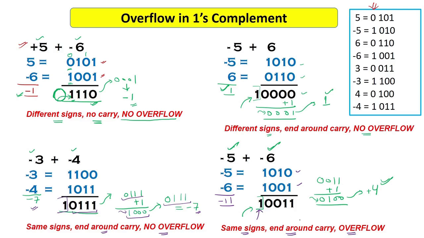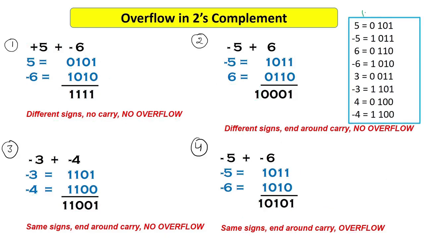So here there are some important points to understand. Whenever we are adding negative numbers, -5 and -6, for this example, we are getting positive answer and we have got the overflow. But here we added -3, -4, but we got the correct answer. That means adding two negative numbers may generate or may not generate overflow, okay. So now let's see the same example in case if we represent these numbers in 2's complement and we do the arithmetic operation in 2's complement representation, okay.